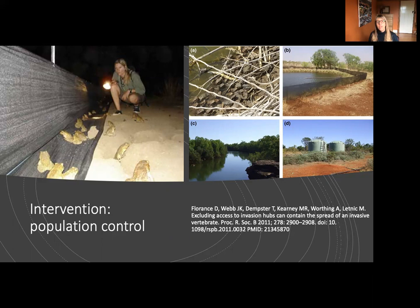We know that if you exclude toads from artificial watering points, that can act as a fairly big control over a region. You can see on the right-hand side and on the left the fencing that people put up around some of these artificial watering points. This works really well. It excludes toads breeding, and it really depresses local populations. But of course, you need to maintain those fences quite regularly. And following on from that